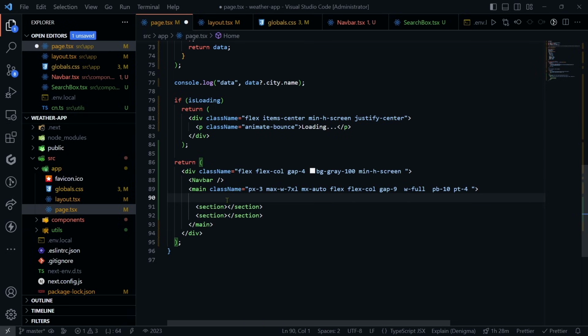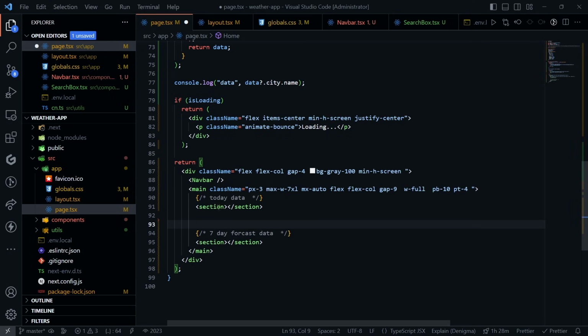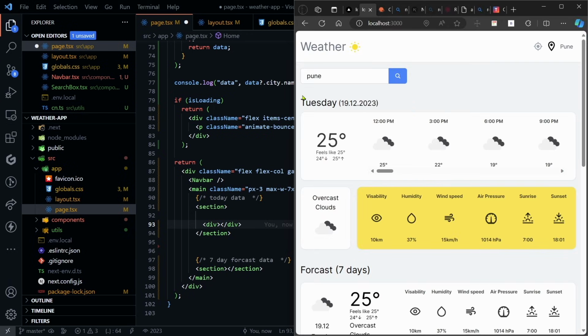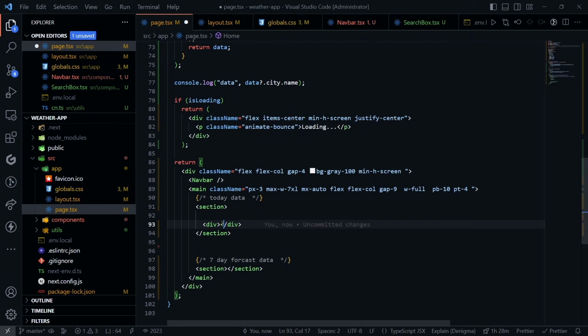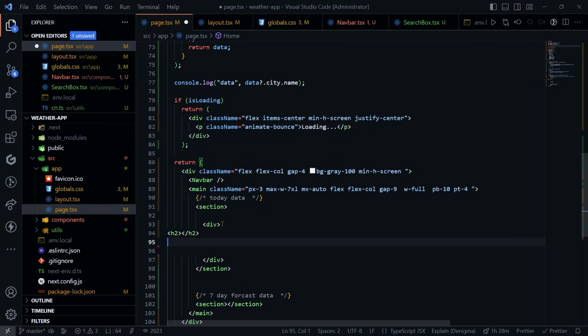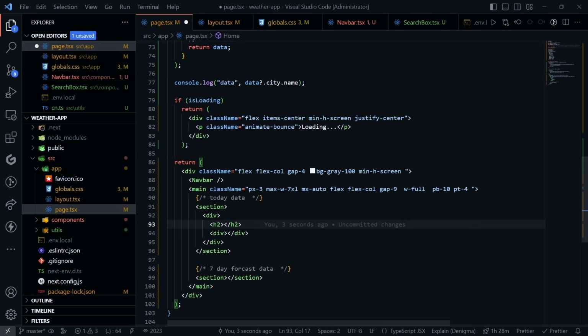And we have two section tags. So the first section tag will be today's data, and the second the 7-day forecast data. So first of all, let's create today's data. Inside that we will take another div, and this div denotes this container. So this will contain this date and this data. If you see there, inside that we also have two divs or two containers. So here I will take the first one as h2, and first of all let's style this h2 div. Inside that h2 div we have flex, gap of 1, text-2xl, and